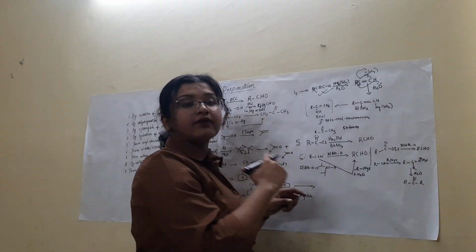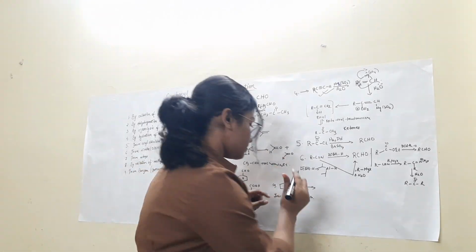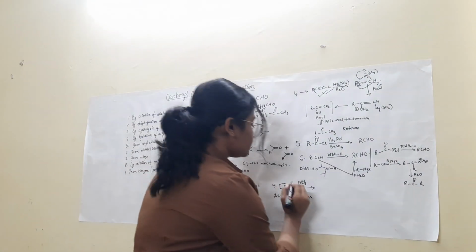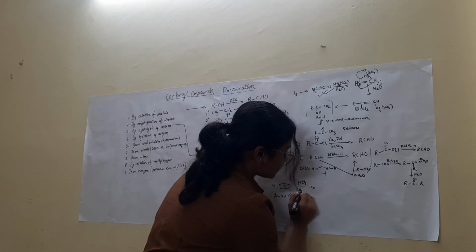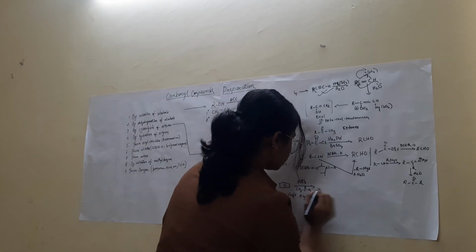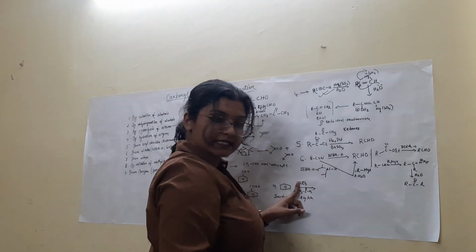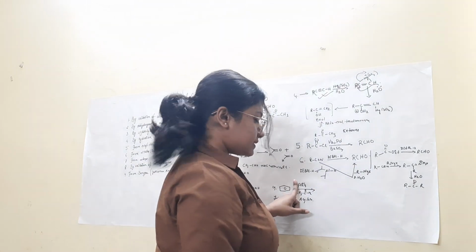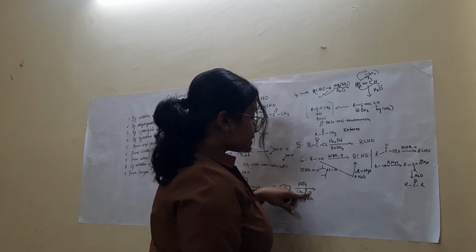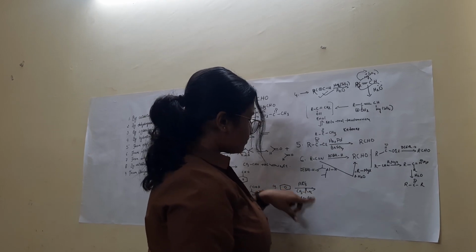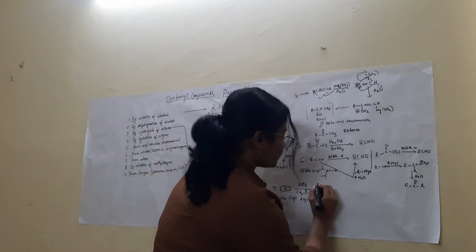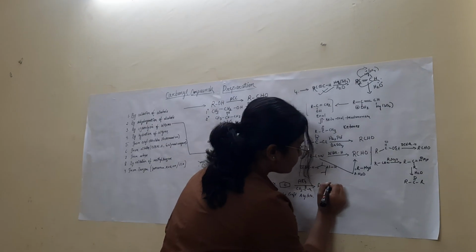Therefore, we need an activating agent, that is a Lewis acid, AlCl3. Now we will use an acyl chloride, for example CH3COCl. AlCl3 is a Lewis acid. It has an empty p orbital, and therefore the Cl of the acyl chloride will attack at the aluminum's empty p orbital, and will form